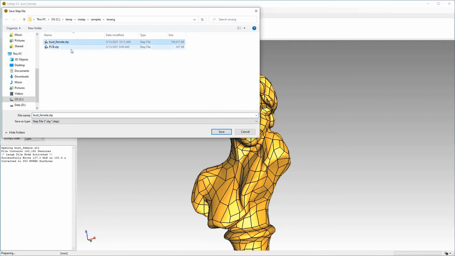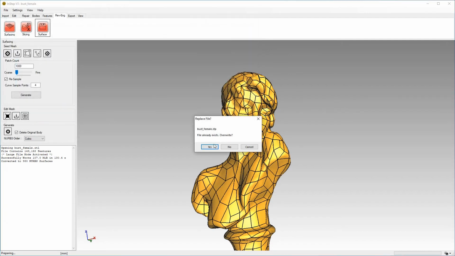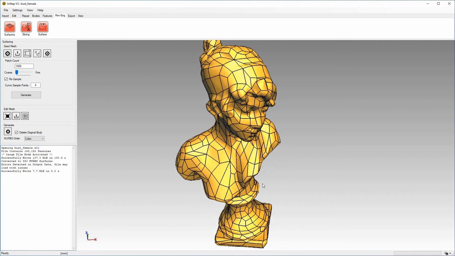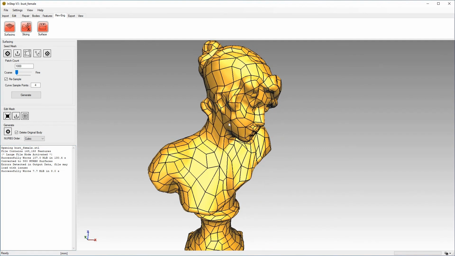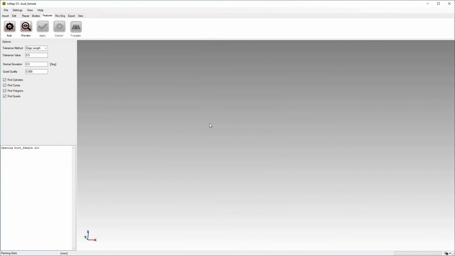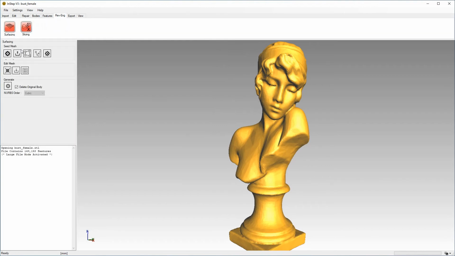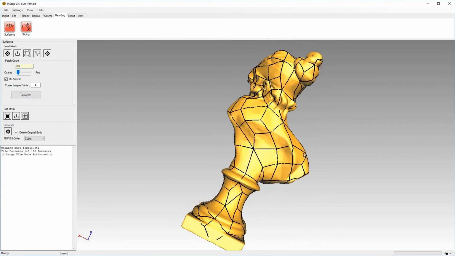So again, pick this file, click Save and overwrite it. Note that in this case the output is reduced down to 7.7 megabytes, and this only took about 8 seconds to complete. If we don't like the output, we can go back in and just from File, reload the previous file. Then under Reverse Engineering, let's take a look at the number of surfaces that we can reduce this down to. If we set this to say 200 and click Generate, then we see that the entire body has been represented